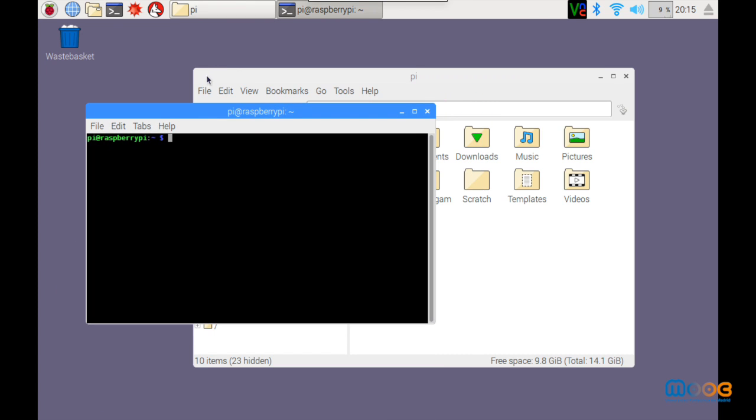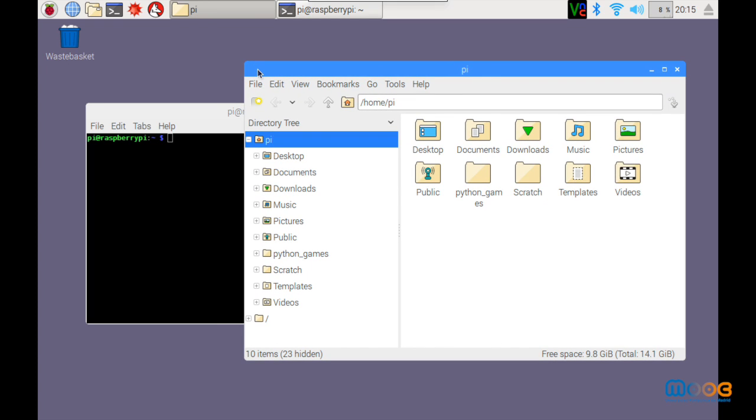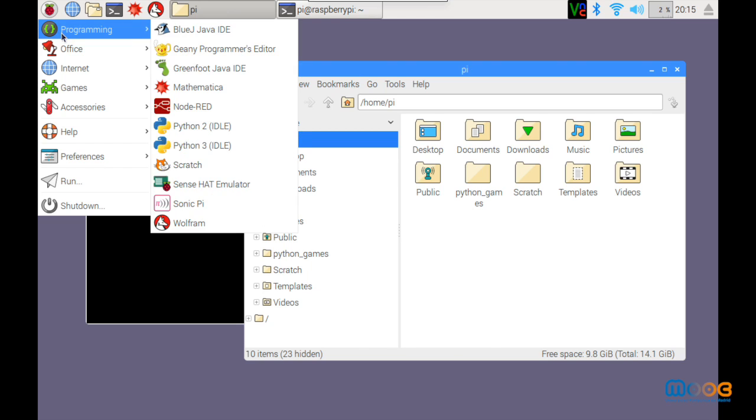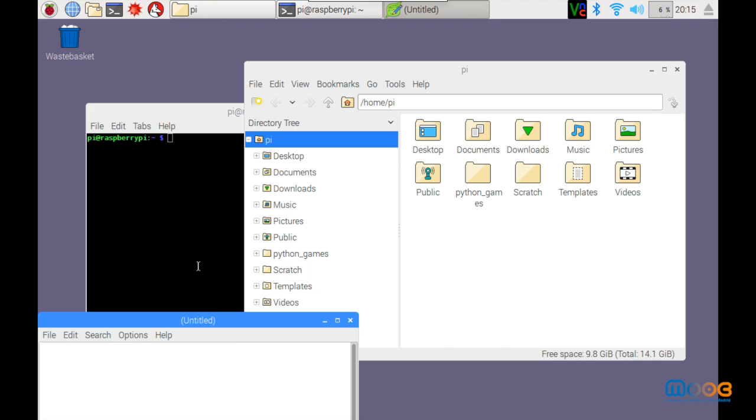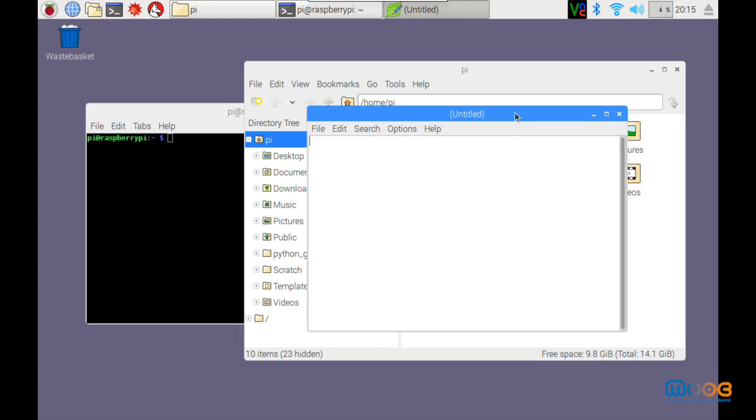Here we are. For example, we can run the text editor from the taskbar, going to Accessories, Text Editor. Okay. We can type whatever, we can save the file.